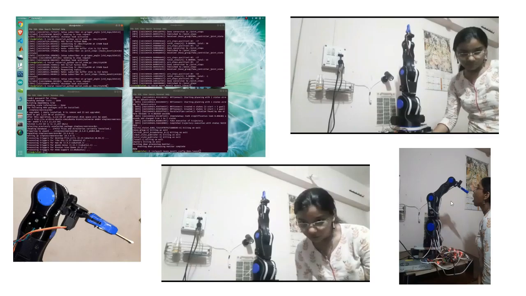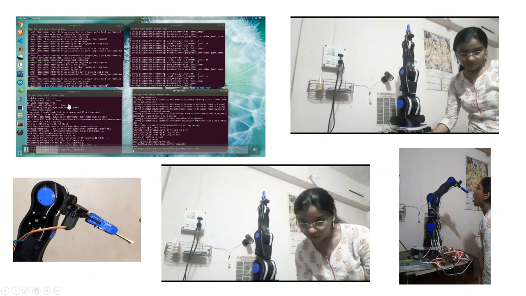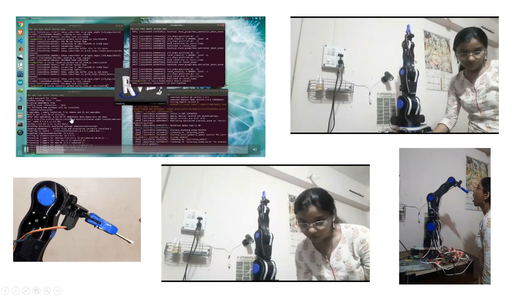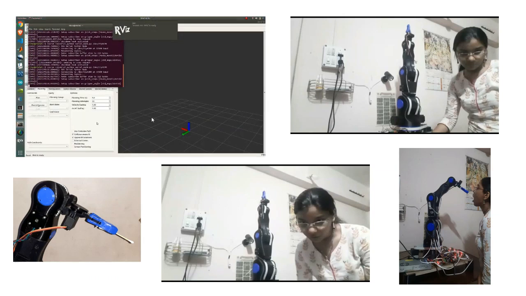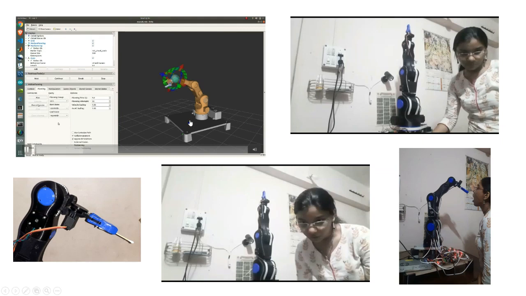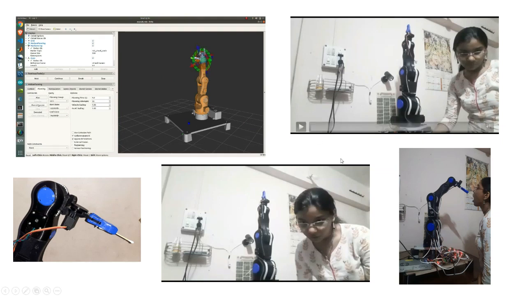This is a simulation of our final demonstration video. Over here, we execute our launch file, which enables us to visualize it in the simulation. After that, in the subsequent terminals, we enable the conversion script as well as the serial nodes, which connects the ROS environment to the Arduino firmware. Again, as you can see, we can plan the trajectories using MoveIt in the background, and then we echo it on the real board.